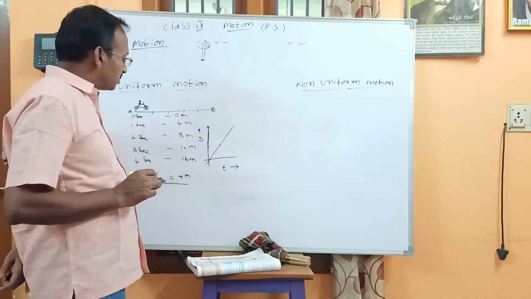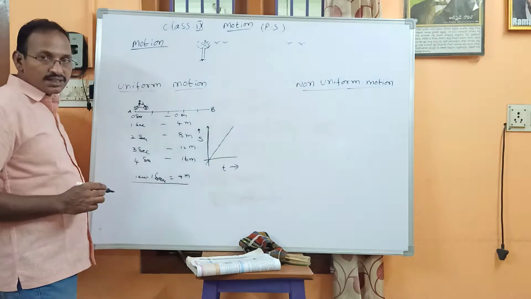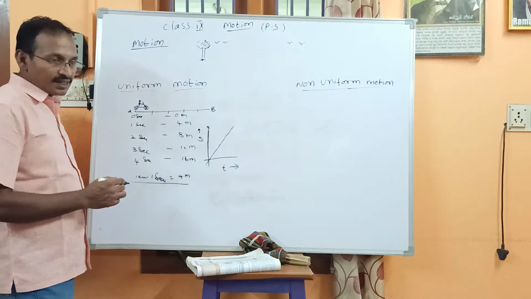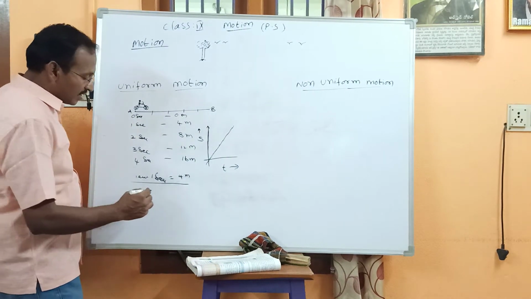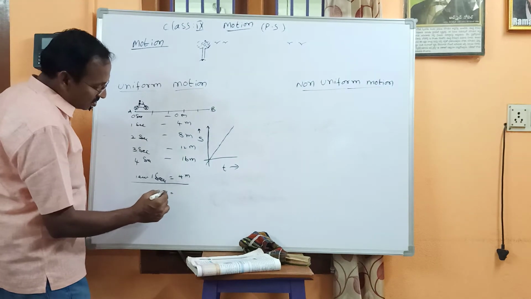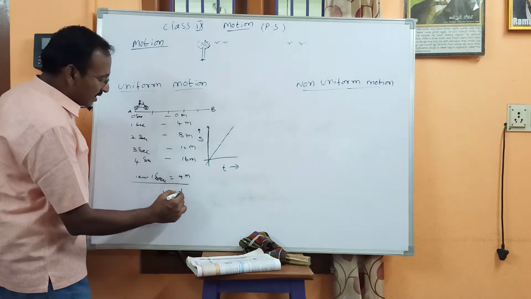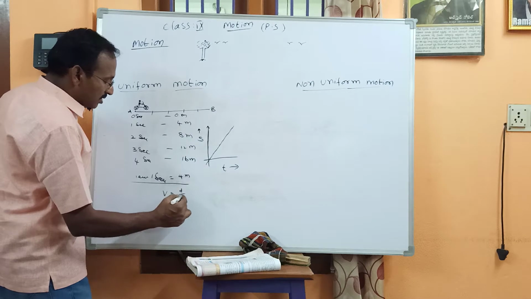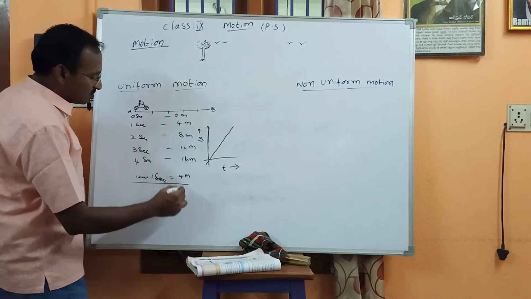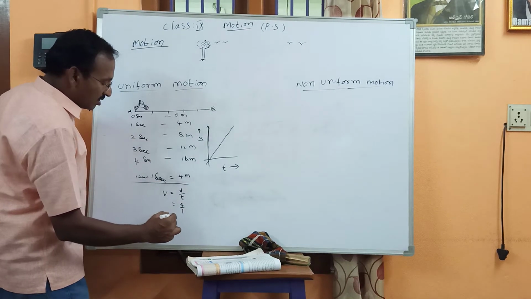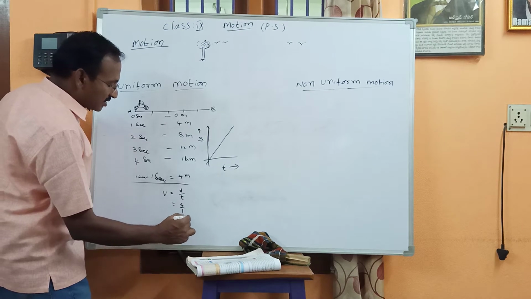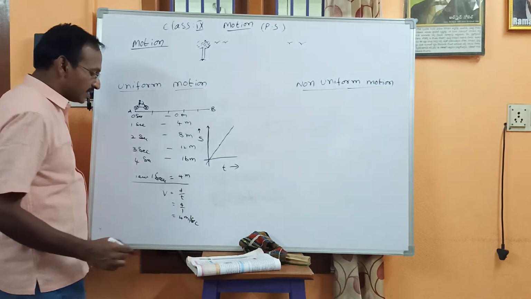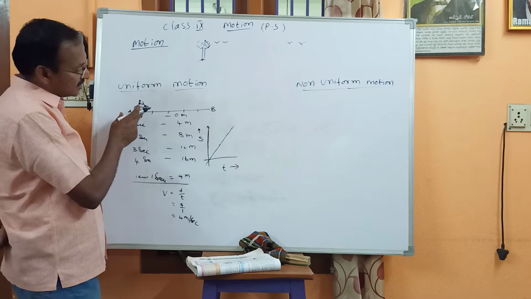If you keenly observe, in uniform motion its velocity is always constant. What is meant by velocity? Velocity is equal to displacement by time. Displacement is 4 and time is 1, so that is equal to 4 meters per second. It is the velocity, and this velocity is constant